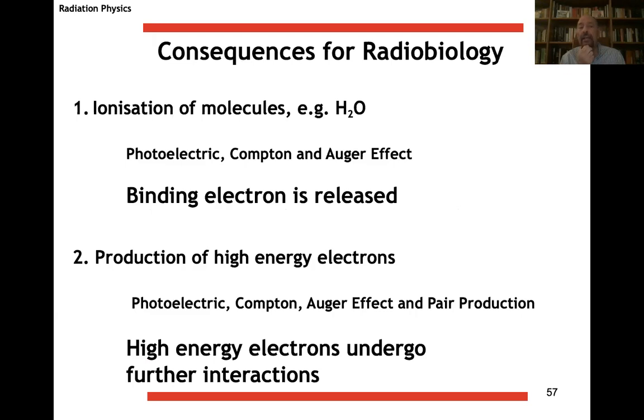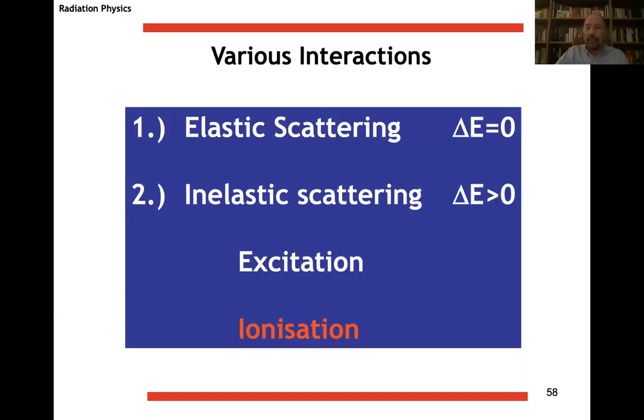In fact, let's say there are, of course, 2 points. One is the ionization of the molecule, where the binding electron is released, and then you produce these high energy electrons that will undergo further interactions. They can also have additional ionizations. As usual, you can have excitation, which will not be interesting for the biological effects per se, as well as the elastic scattering, which is very relevant for electrons, because